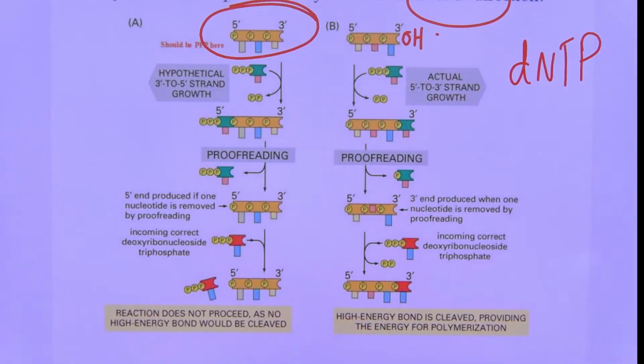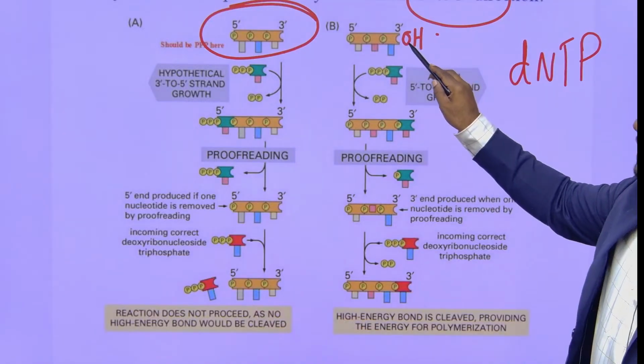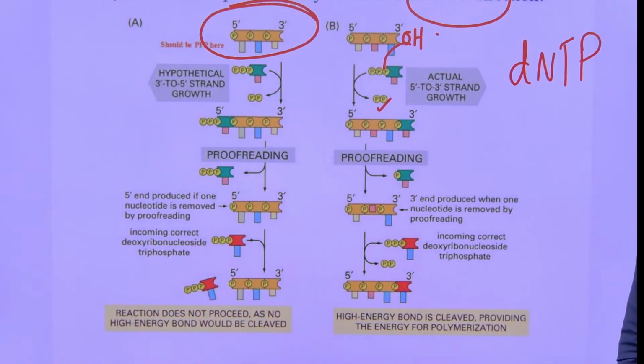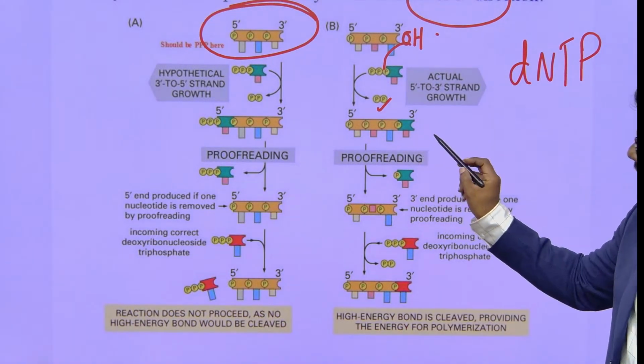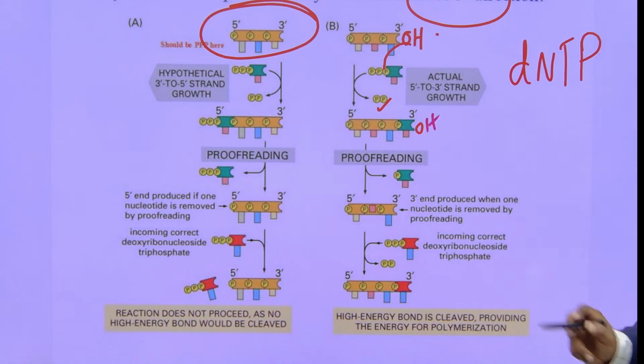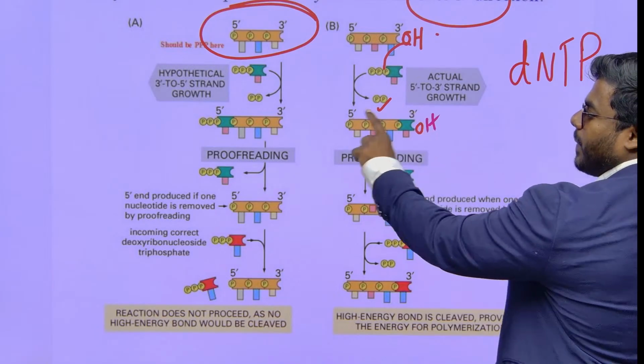Now this will come and attach here. Tell me what is going to happen? This oxygen will cut 1 phosphate. There is a release of 2 phosphates and it is successfully added. Correct na? Can I say here an OH group is there? Correct na? Yes. Now it is very clear, daughter strand synthesis is happening in 5 prime to 3 prime,